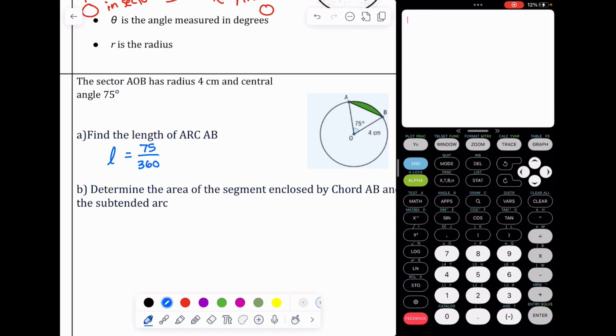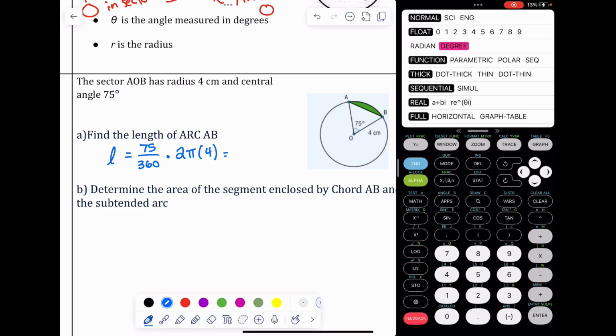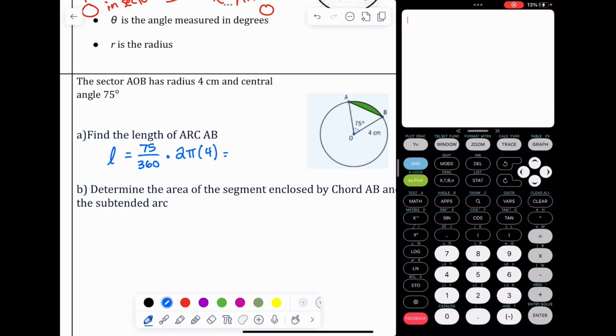And then the circumference of the whole circle would be 2 pi r, so 2 pi times 4. And then we just need to throw that entire thing into our calculator. I'm going to check that my mode is in degree. I am. It should be, as long as you don't reset your calculator, or if it dies, you might need to recheck. But let's see, if we got 75 over 360